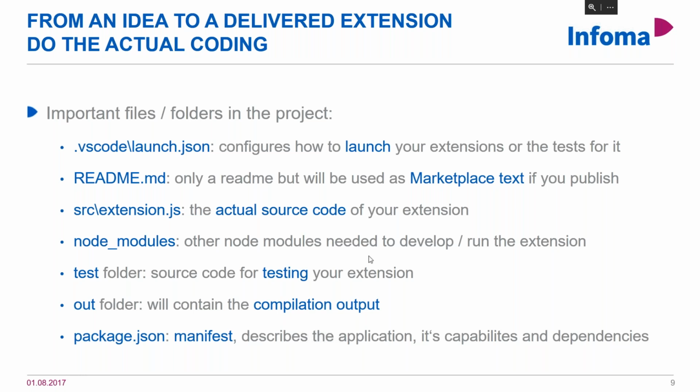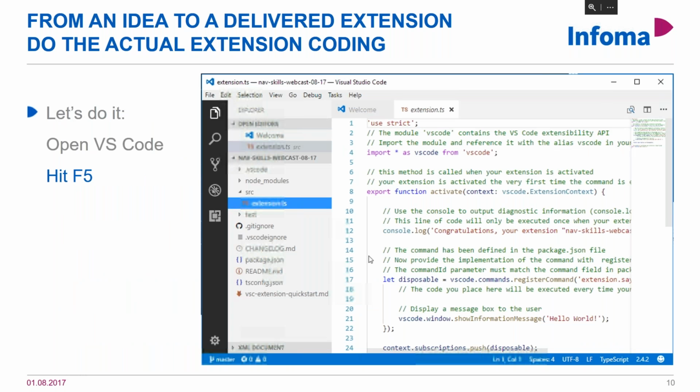Then we also have the extension.js file inside the source folder. This is where the actual source code will go. You can add additional JS files, but as my extension is quite simple, that's going to be just code inside of that file. Then we have the node modules, as I just mentioned. This is where the other modules which npm is downloading and installing are stored. And then we have the test folder, where you put the source code for testing the extension. I absolutely agree that you usually should do code test first, or at least add some automated testing in the end. But because the extension is so simple, I actually won't show you anything in there, but this is the place to use. Then there's the out folder.